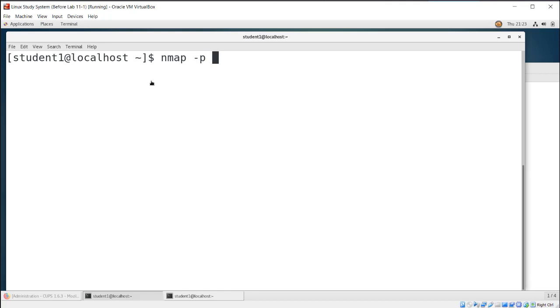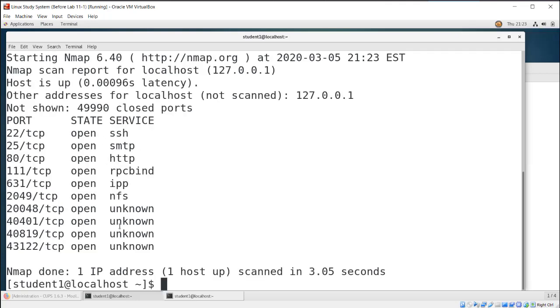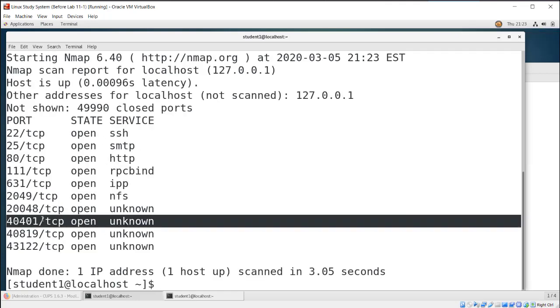nmap. I'll say I want to search for ports 1 to 50,000. And so that's a lot of ports. Here it finds several open ports, including our netcat listener. All right. Now what's interesting here with nmap, it doesn't show you process IDs, and so that's a cool feature